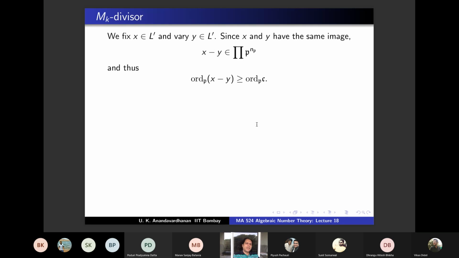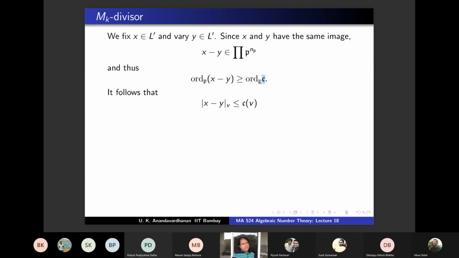So order is at least order of c. Yes, np is nothing but order of c. By definition, np was a notation for order of c, and this means the absolute value of x minus y is less than or equal to CV, right? Because what is order of c? This is a finite prime. So order of c at p is given by some element, at all the discrete places, CV